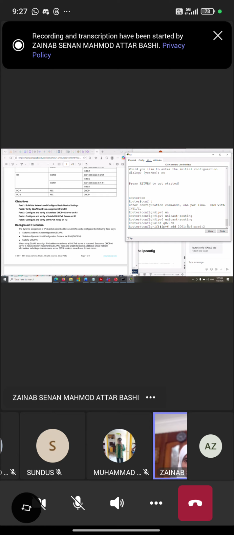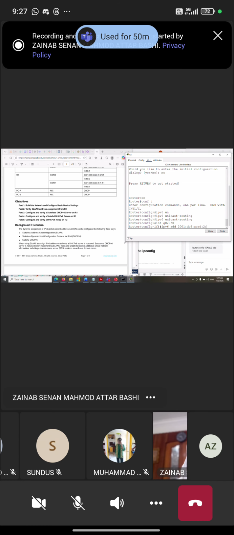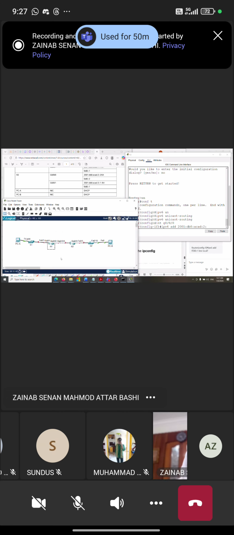Remember, we did subnet 2 before. This is between routers. That's why we have 2 of them with the network 2. Let me show this one to you. So you can see here, this subnet will be